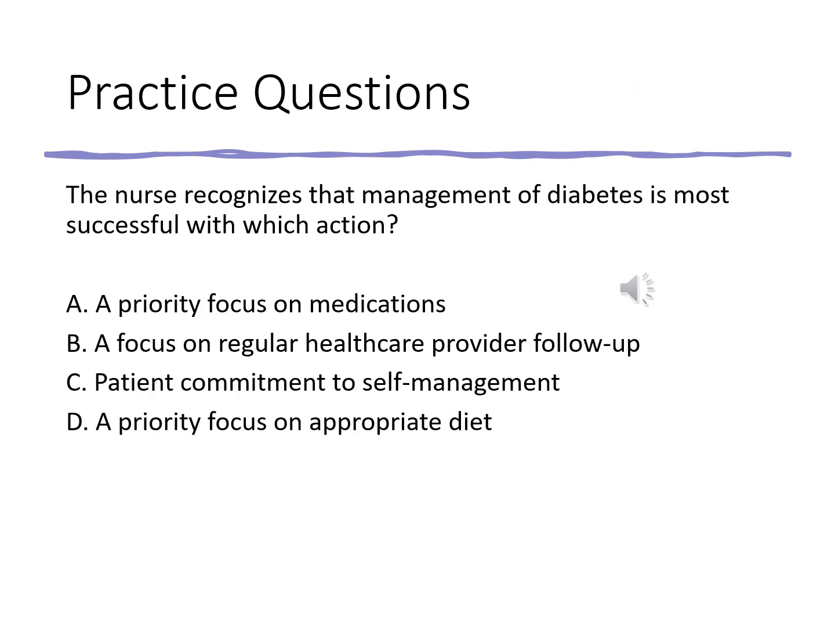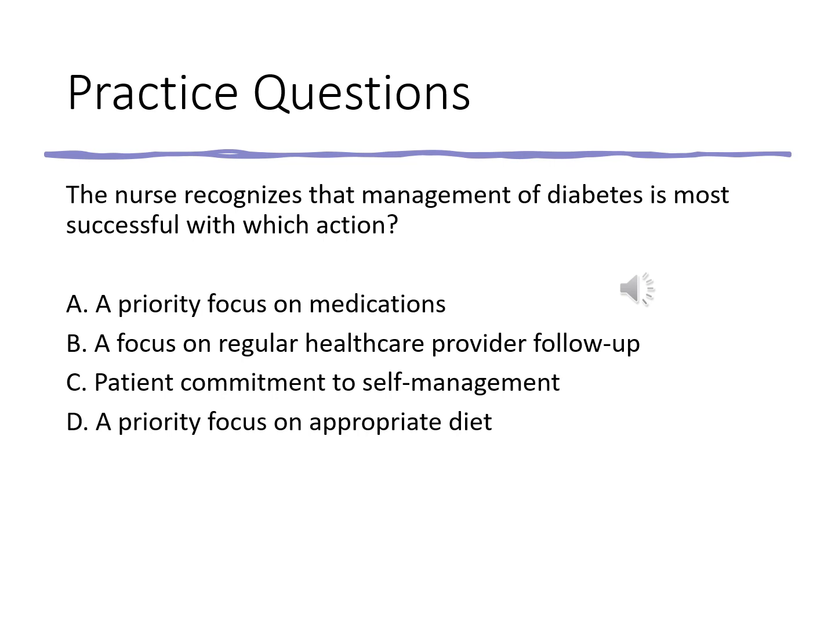So the nurse recognizes that the management of diabetes is most successful with which action? Look at your 4 choices and pause this so that you can answer the question. So your rationale, your answer, is C, as in cat. All answers are essential for diabetes management, but the patient's commitment for self-management is necessary to maintain the necessary measures